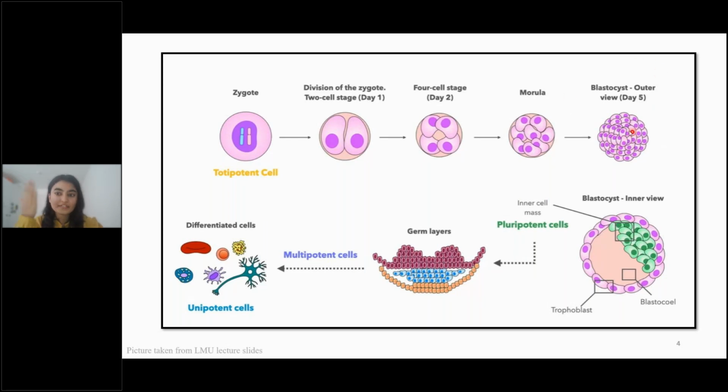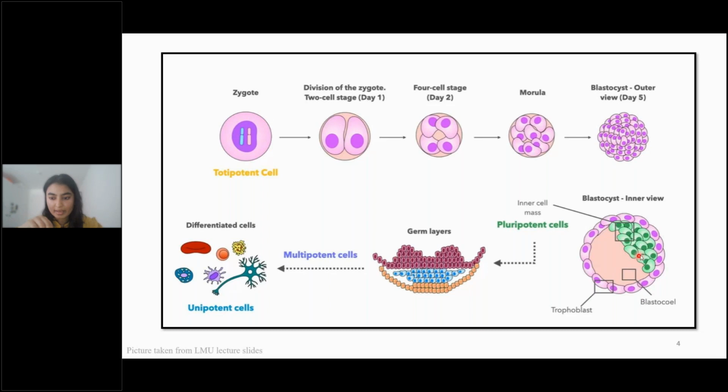Now, if we take a cross section of the blastocyst, we see an outer layer, and inside we have these green cells. Not just green, it's just one depiction. It's called the inner cell mass. This inner cell mass is where the pluripotent cells are, and this is what the research is focused on. When somebody is researching embryonic stem cells or pluripotent cells, or studying some proteins, these are the cells they concentrate on.